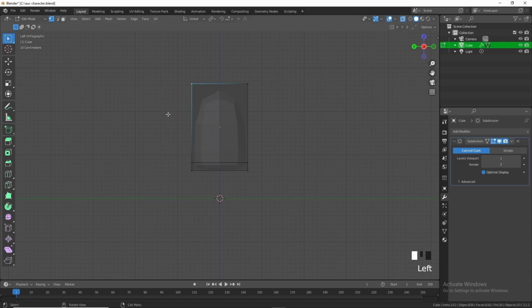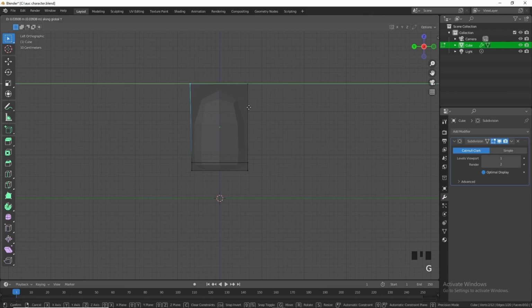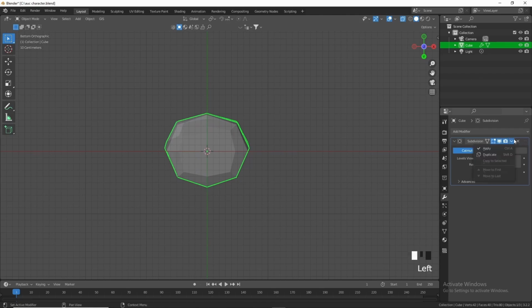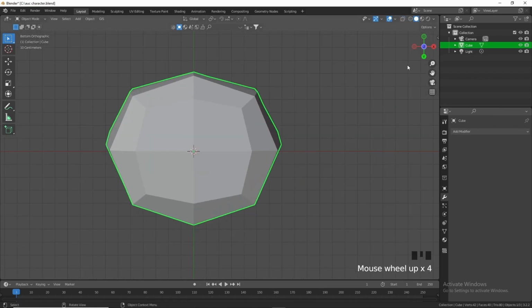Just make sure that we're in X-ray mode. We can take these vertices, move them back like that, getting that shape of the character. Now once we've done that, we can go into the bottom view, apply the subdivision surface modifier and disable the